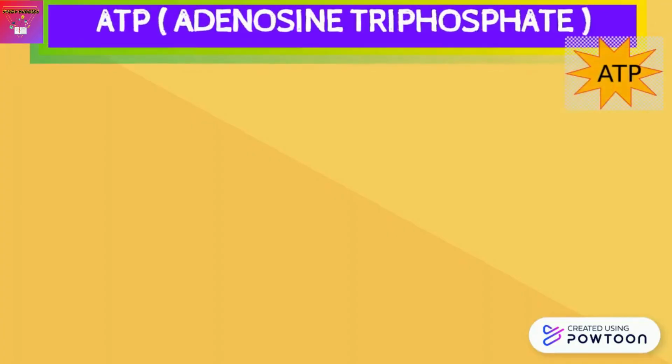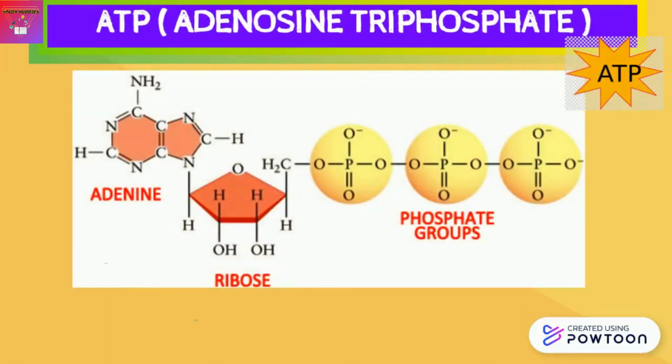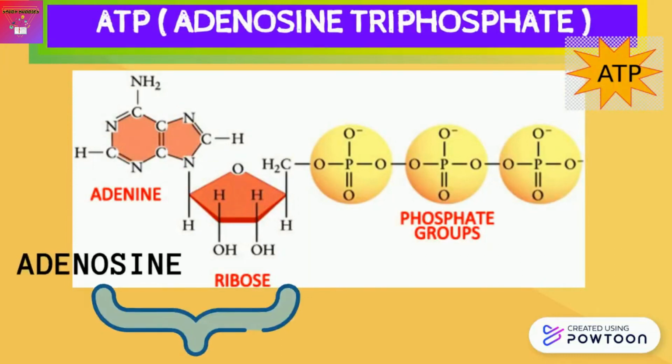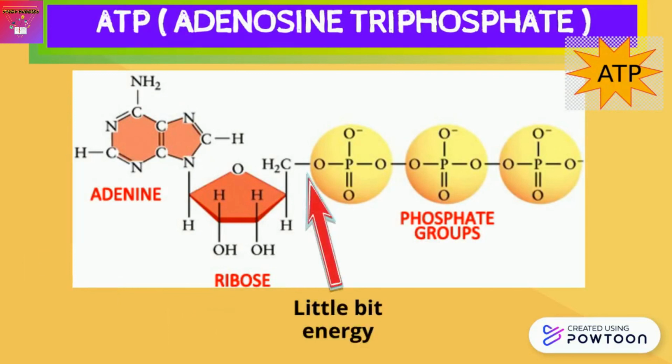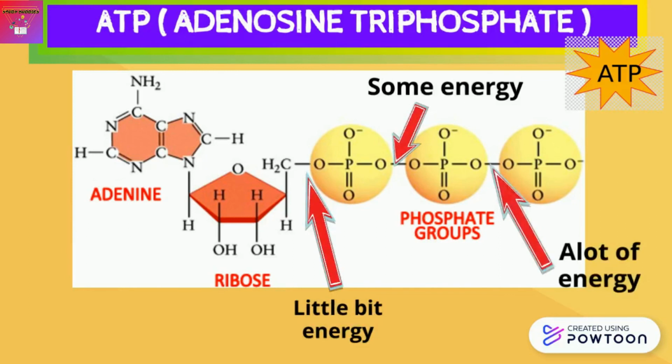Last but not least, we are going to have a look at a rather unique type of nucleotide called adenosine triphosphate, or commonly referred to as the ATP molecule. This is the structure of an ATP molecule, where it has an adenine as its base and a ribose sugar, and together they are called adenosine, and 3 phosphate groups attached to the sugar, which explains why its name is triphosphate. In the ATP molecule, the bonds connecting phosphate groups have varying amounts of energy in them. The last 2 phosphate bonds are unstable and are easily broken, making it a high energy molecule.